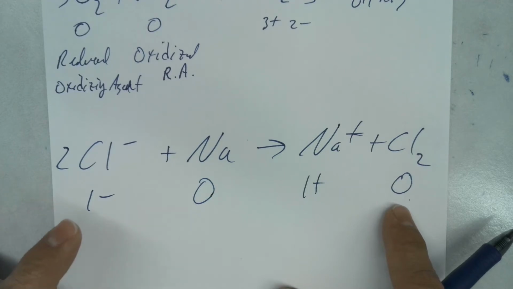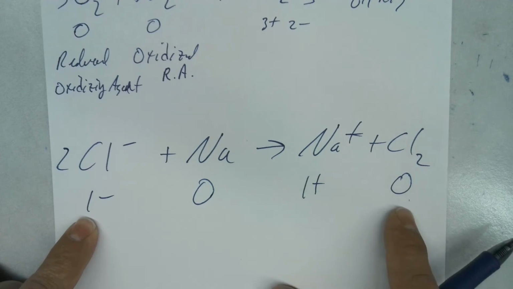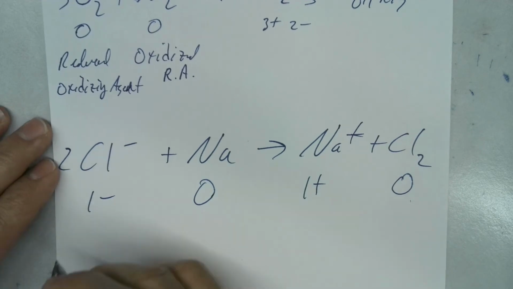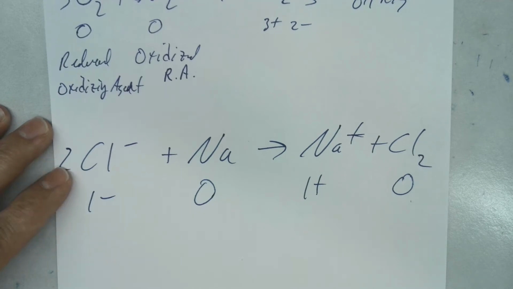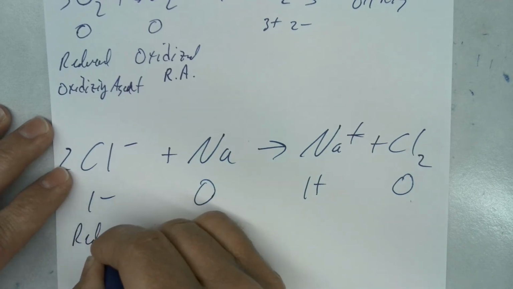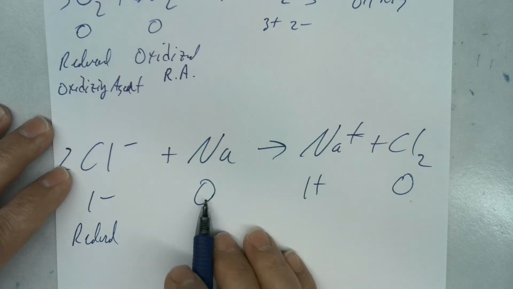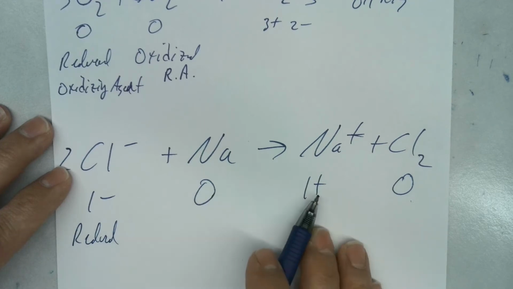So this one went from a 1 negative to a 0, so it must have lost electrons, right? Yes. So what was it? Wasn't it reduced? Okay, my Na went from a 0 to a 1 positive,